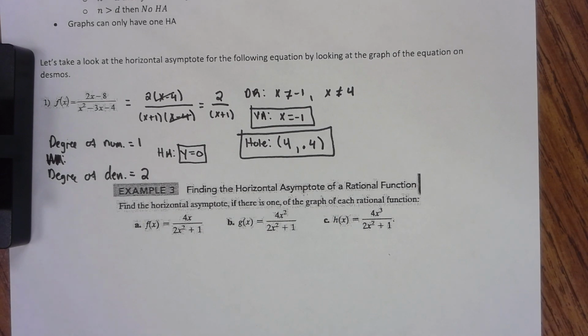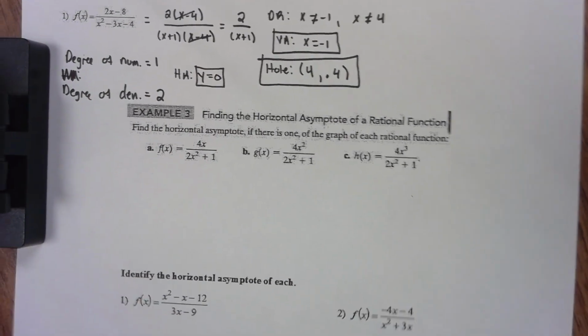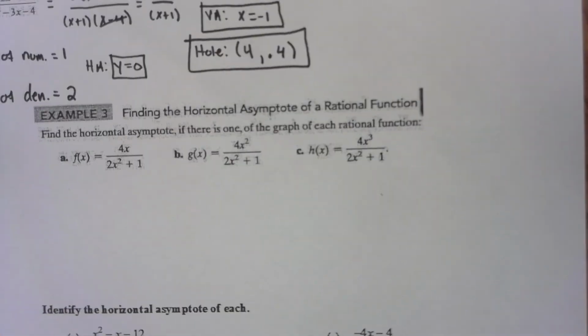How can we actually get the shape in between all of these asymptotes? All right. Any questions here before we identify the asymptotes for the rest of these functions? Okay. So now back to the notes, and all we're going to do is just figure out what are the horizontal asymptotes for the rest of these functions. I'm going to do A, B, and C, and I'm going to have you in your groups do 1, 2,